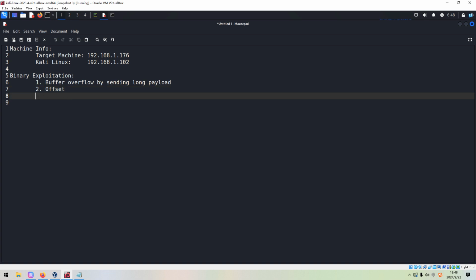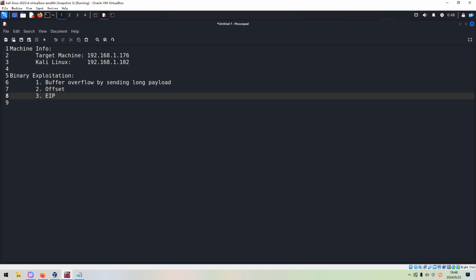Okay, and the next, we need to find the EIP. EIP means extended instruction pointer, which stores the address for the next instruction.